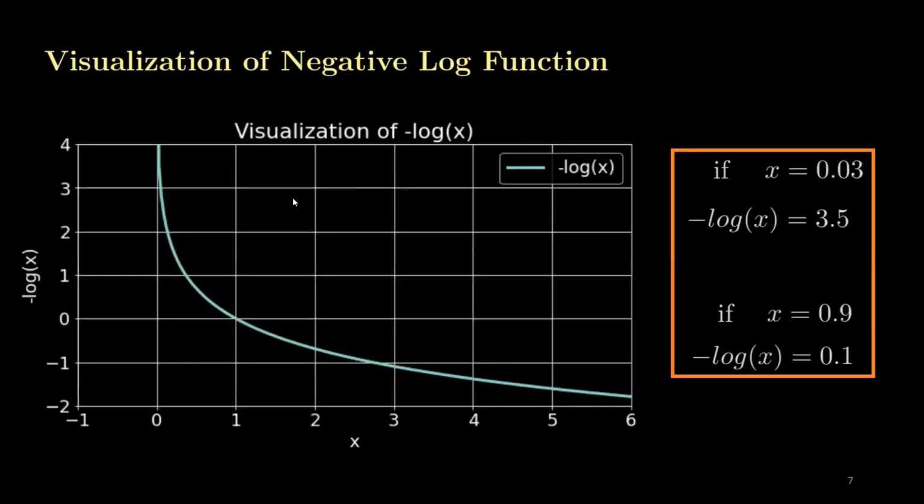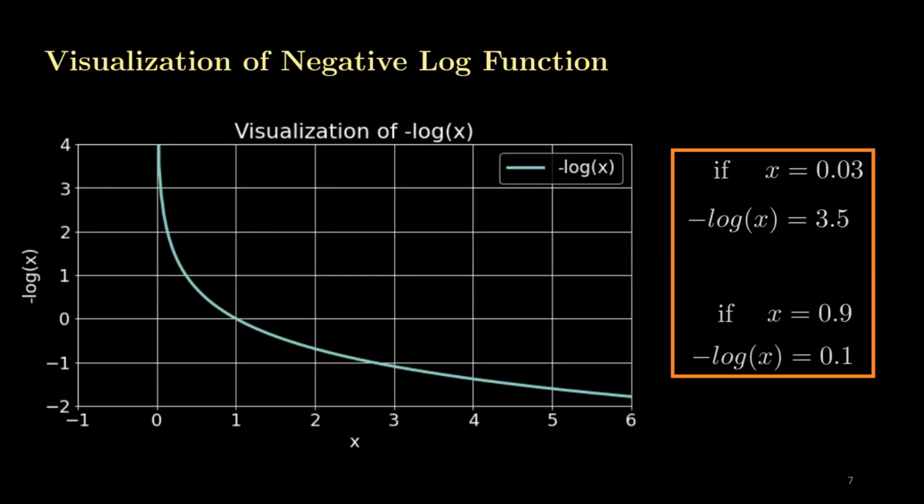So before going into cross entropy loss, we have to understand the concept of a negative log function. If we see here, this is the plot of a negative log function, where on x-axis, I have a value of x, and on y-axis, I have a negative log of x. So if we see here, we can see that if we increase the value of x, the value of negative log x decreases. So this is a very important property which we will use in order to understand the concept of